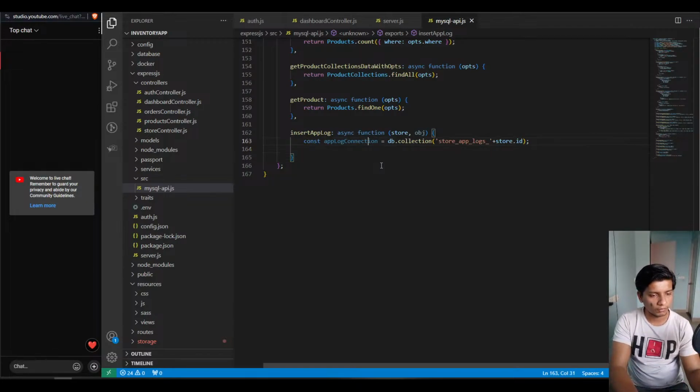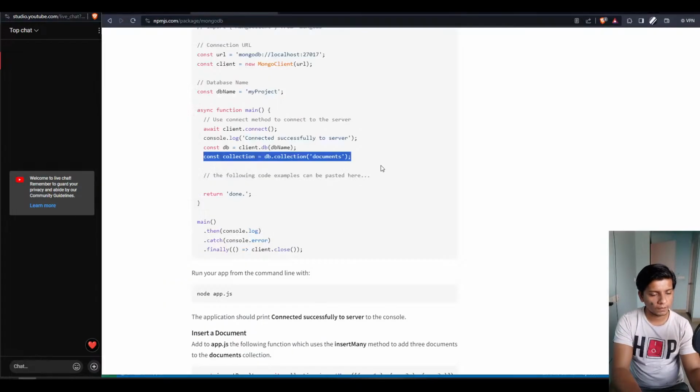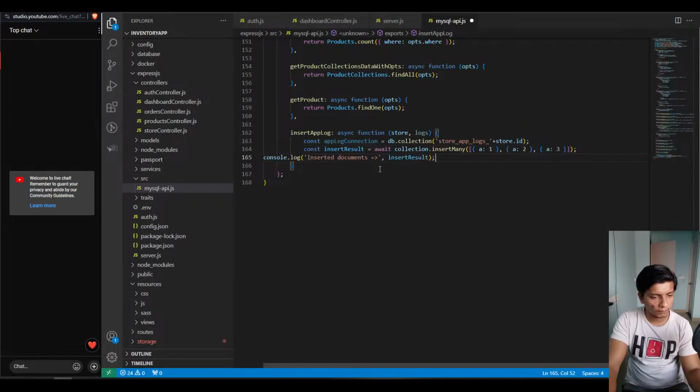Object will say logs actually. Then we can use this. So instead of insert many, it's actually an array of logs. Okay. Fine. So we'll put logs here, and then in auth.js